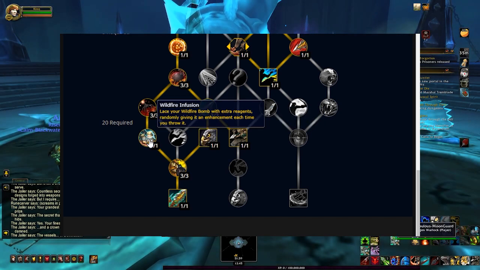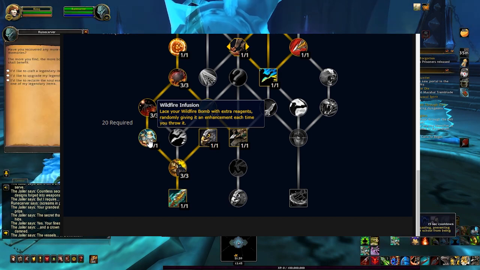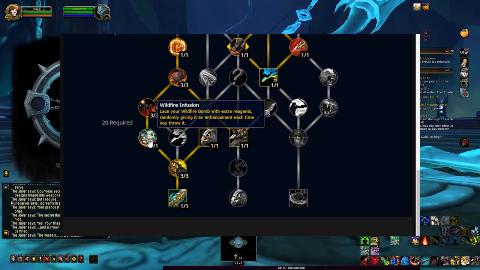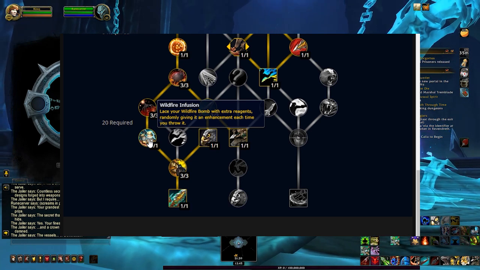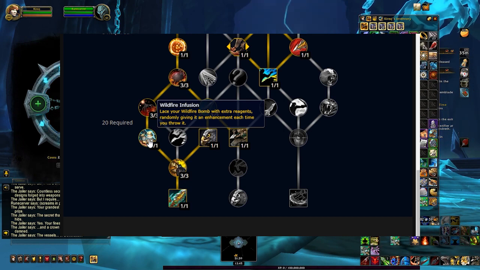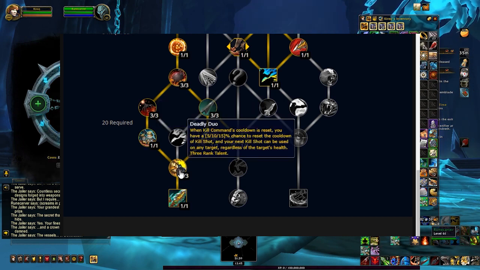On the other side here, we'll have Wildfire Infusion. This one here is kind of a staple in my current rotation. It gives a little bit of an extra flair to your Wildfire Bombs that rotates through doing different things. They can stack with additional damage over time effects and do other utilities. So it'll be really interesting to see exactly what this does, or if it's exactly like the way it was in Shadowlands. And then here we have Deadly Duo, where when Kill Command's cooldown is reset, you'll have a 5,